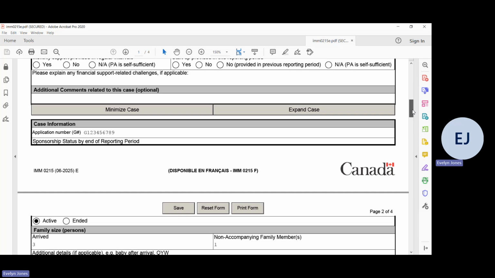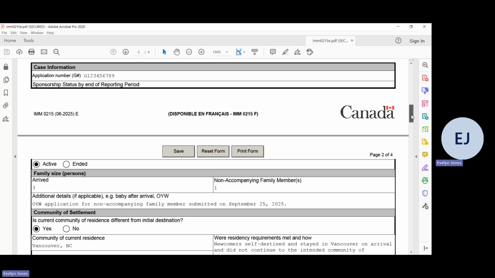We wanted to give you a look at what it might look like. Again, the idea of this report is it's a high-level report that provides information to show that your SAW is overseeing and monitoring your cases post-arrival. So here, IRCC, RSTP, has developed a sample case, and we're pretending in this case that RSTP were a SAW to give you an idea of what this form would look like once it has been filled in.